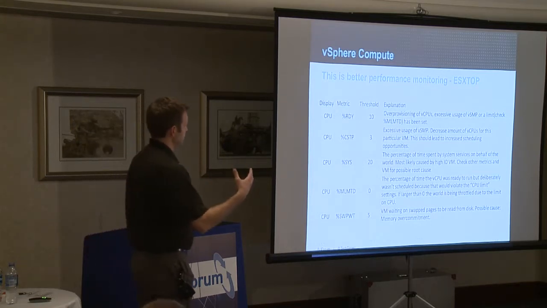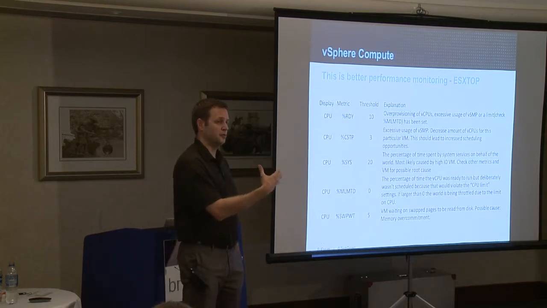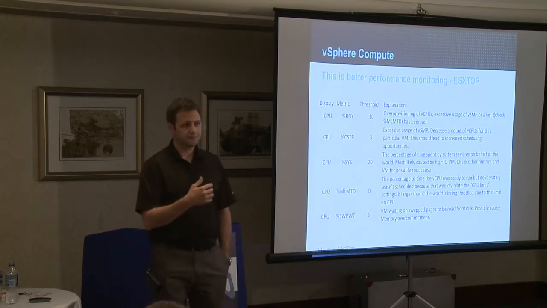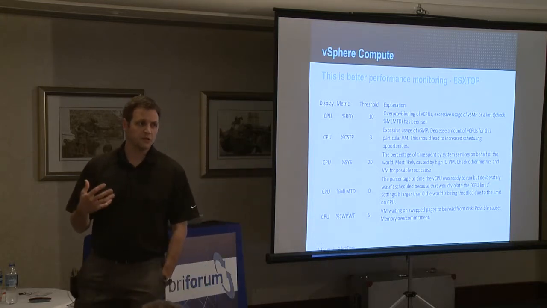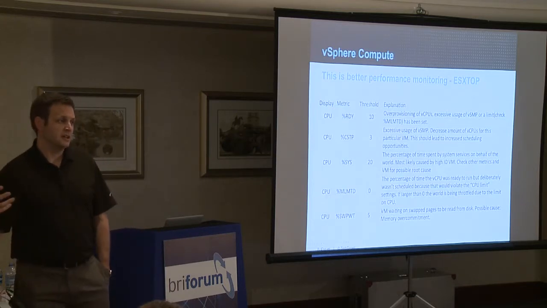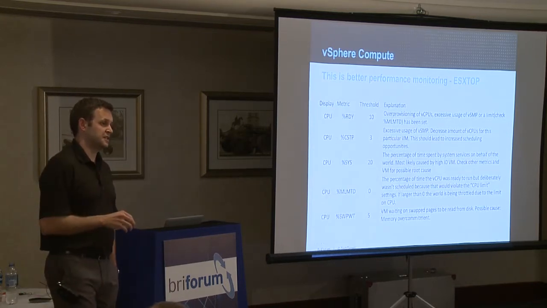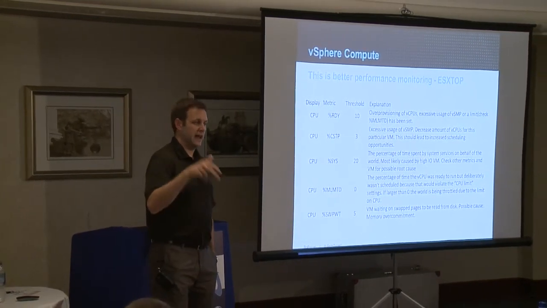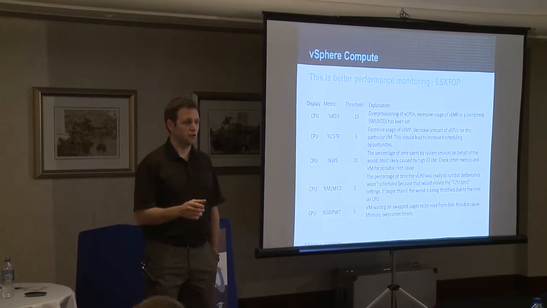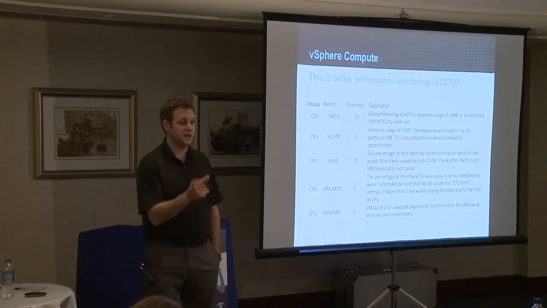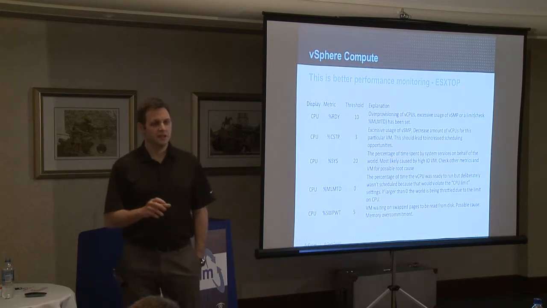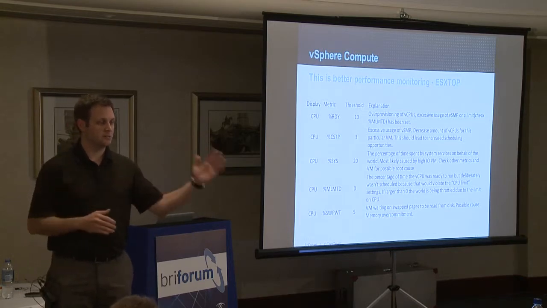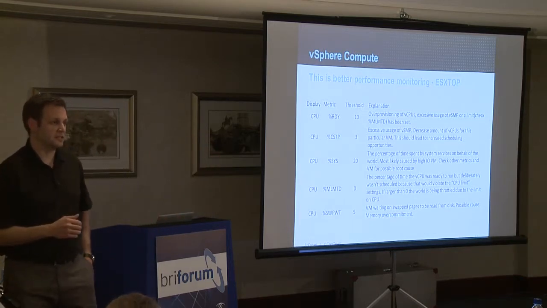So if you think about where I talked about multiple virtual CPUs and multi-threaded applications, the second value here is %costop. And %costop has to do with how much time the CPU scheduler is basically halting a virtual machine's progress in order to co-schedule workload. And vSphere does what they call relaxed co-scheduling. It used to be that if you had 2 virtual CPUs, 2 physical cores had to become available at the same time in order to process that workload at the same time. They can now do that more asymmetrically and handle the skew between when one workload is processed on one virtual CPU and when it's processed on the next virtual CPU.